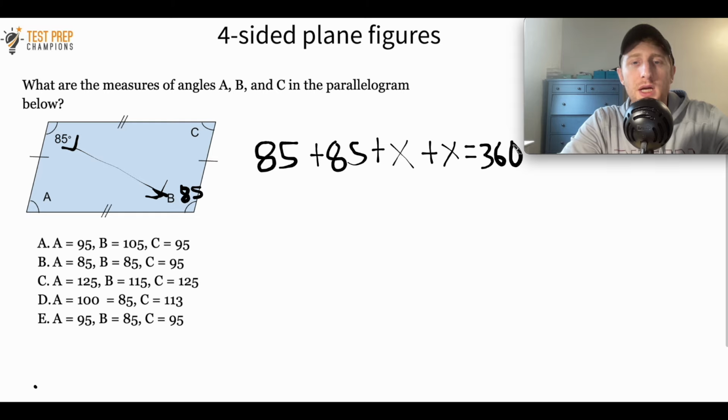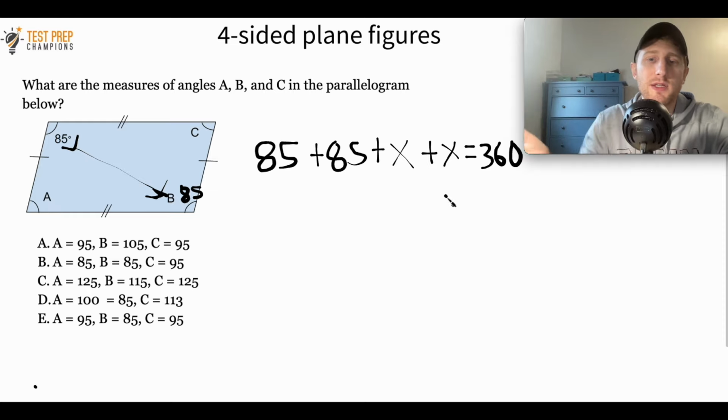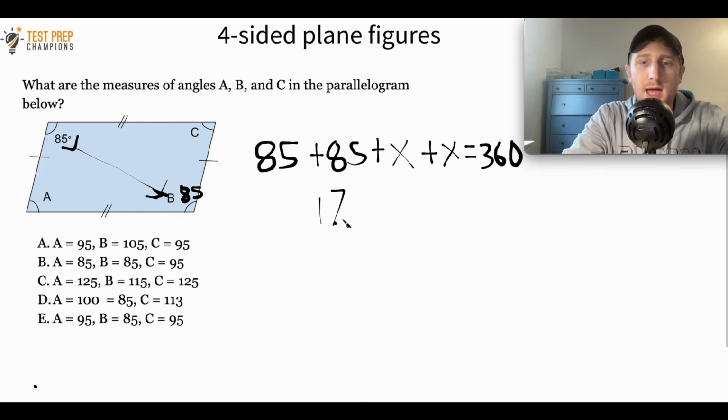360. So we've got 85 plus 85 for these two angles right here, and we don't know what angle C is, so I just call it X. And we don't know what angle A is, but we know that it's the same as angle C, so I also call that X. And this is equal to 360 degrees. So 85 plus 85 is 170, and X plus X is 2X. So we would have 170 plus 2X equals